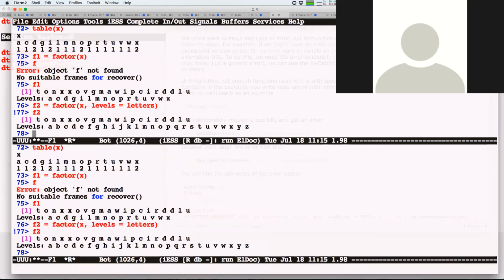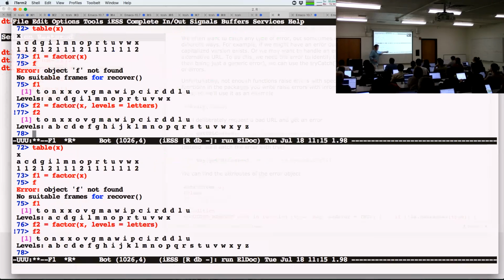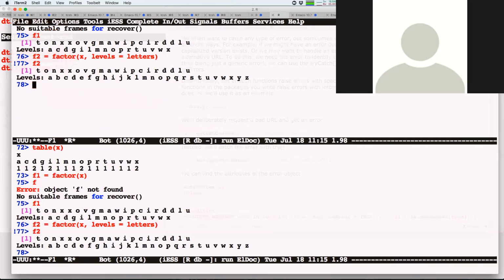Now F2 says, here's what you observed, exactly the same thing, but here's all the set of possible values you could have had. This is a good thing. When I do a table on this, it'll actually tell me there were 0 Bs. It's nice when you're doing surveys and you can say there were no Eskimos, but Eskimo was a legitimate category here, so you're telling everybody what the categories are. There are times when you want to drop these levels because you didn't observe any. We can do that too, so we actually get two different guys.